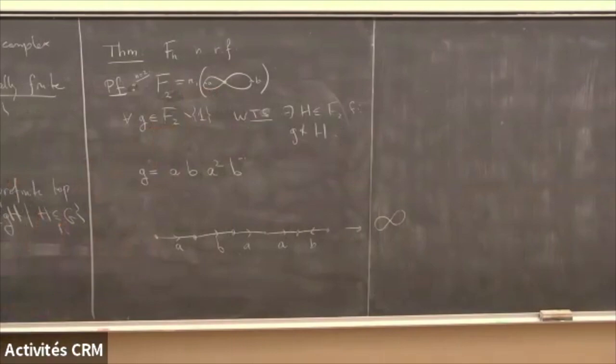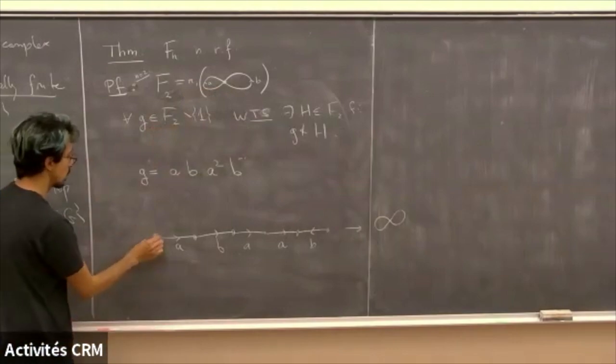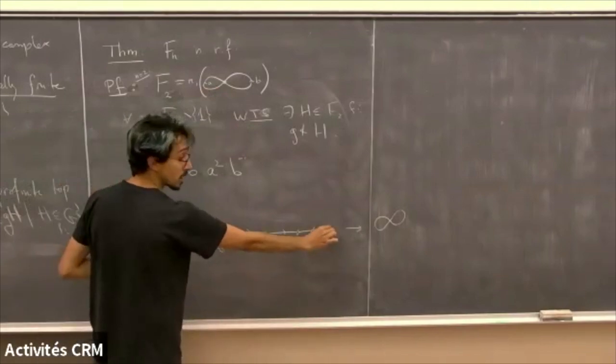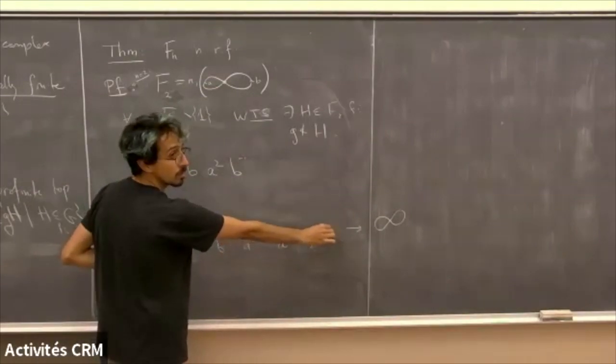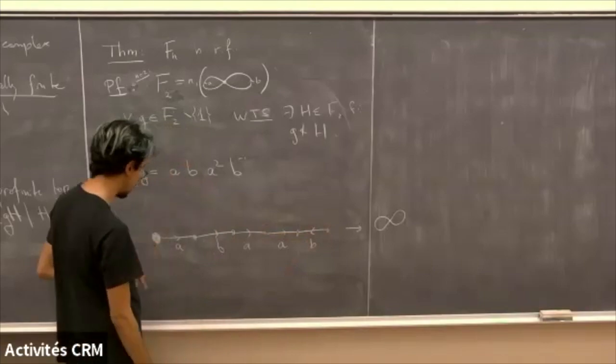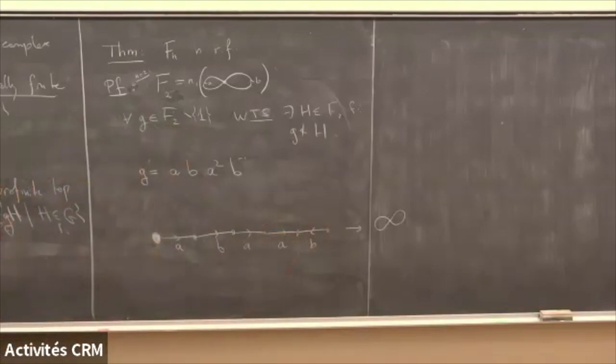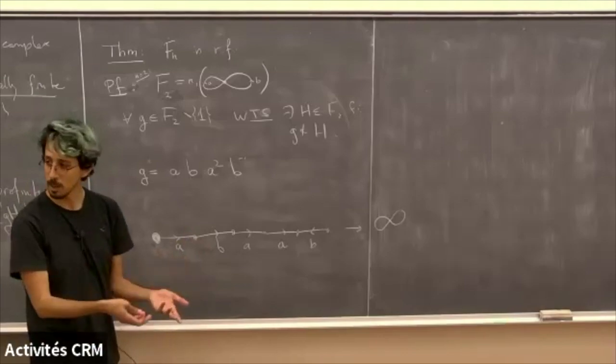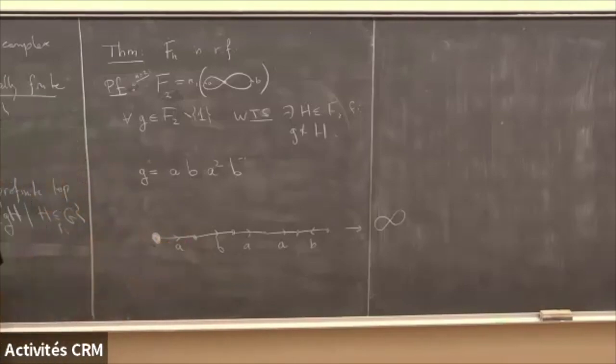So embed this path in a finite cover of the rose. If we manage to do this, then if we declare this to be the base point in which we compute the pi 1, you see that this element, since it's embedded, is not a loop. It does not belong to this finite index subgroup. And there's a canonical nice way of doing it. You have to fix the fact that it's not a cover. For each vertex I'm expecting to see an incoming and outgoing A, incoming and outgoing B, and so on, but it's missing part of it.